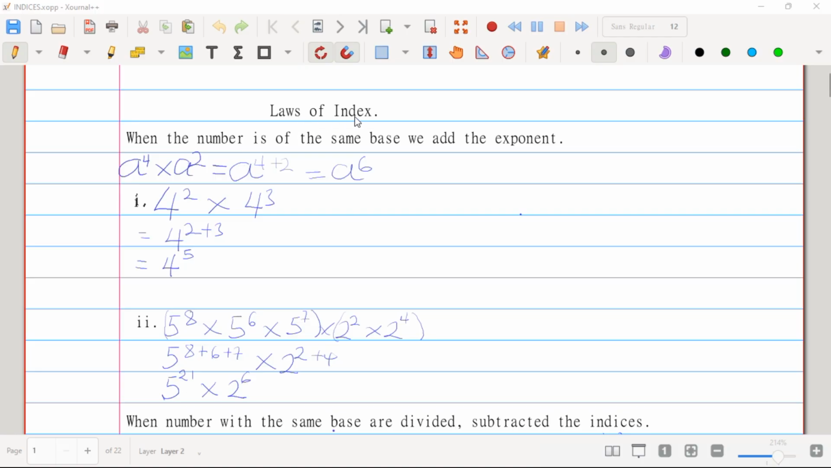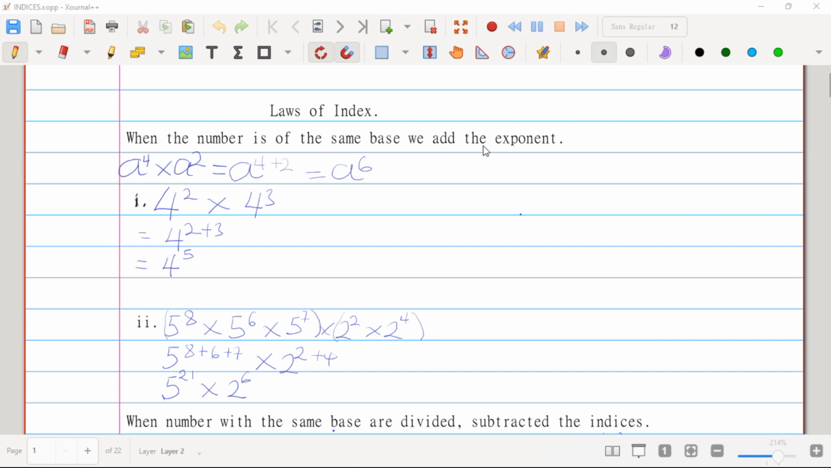Laws of indices. We have about 5-6 laws of indices. Before one can understand and solve indices questions, one has to understand these laws and then apply them in solving indices questions. The first law on our list is that when the numbers are of the same base,